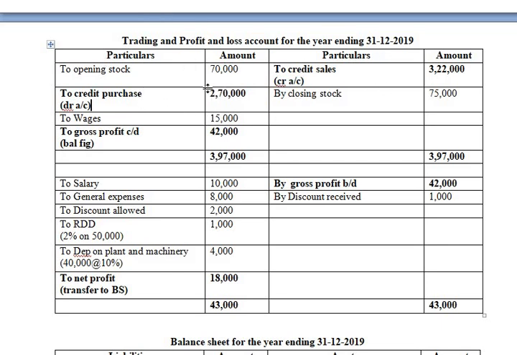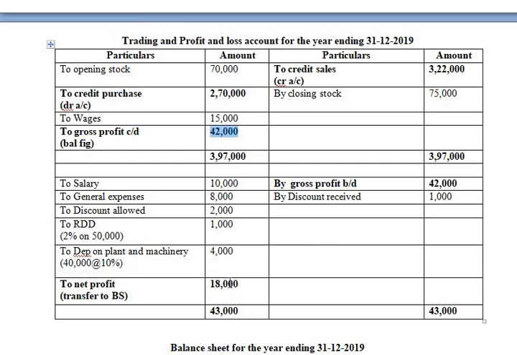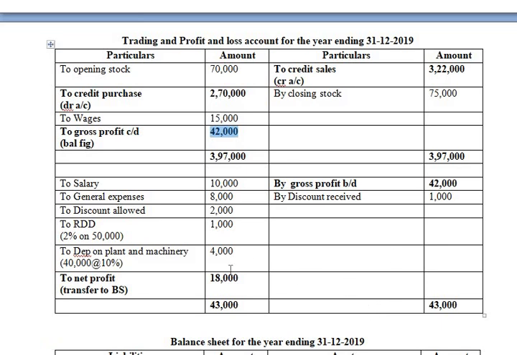Alright, then close the trading account, and balance of trading account, which is 42,000. This is nothing but gross profit, which is to be carried down to the profit and loss account. So in profit and loss account, you bring down that particular profit of 42,000, which is from trading account. Then close the profit and loss account, and balance of profit and loss account, which is 18,000. This is nothing but net profit. Balance of profit and loss account is 18,000, which is nothing but net profit, which is to be transferred